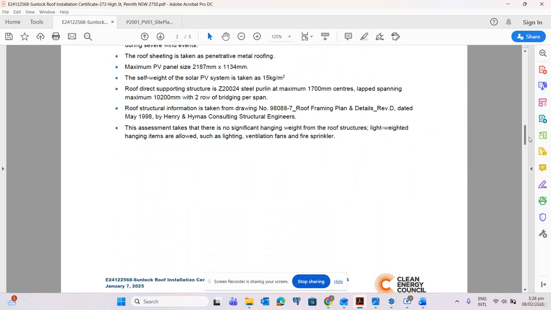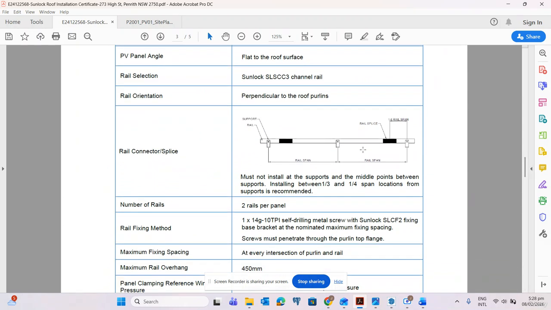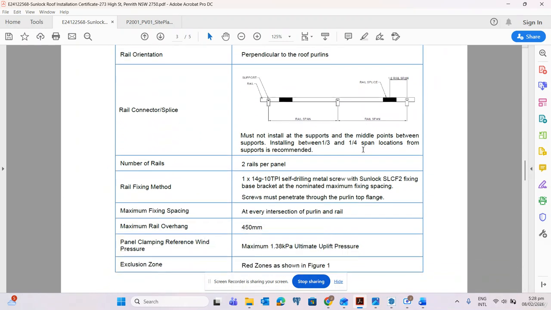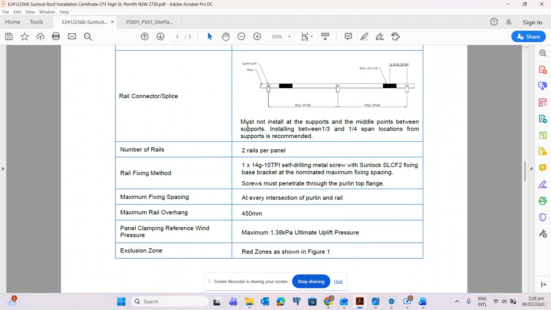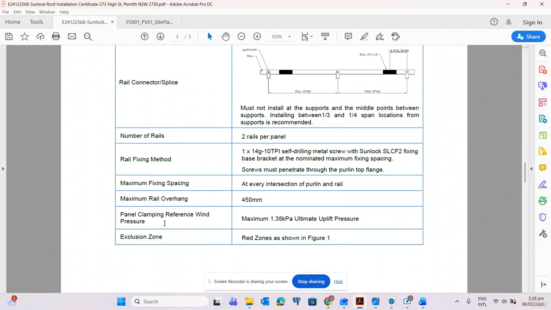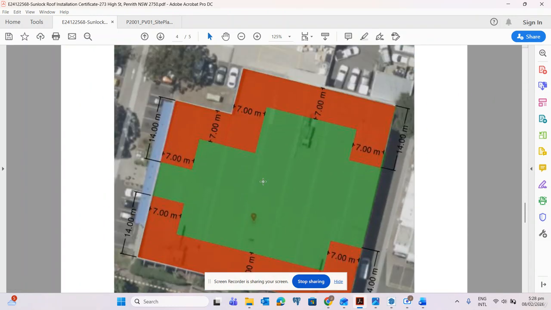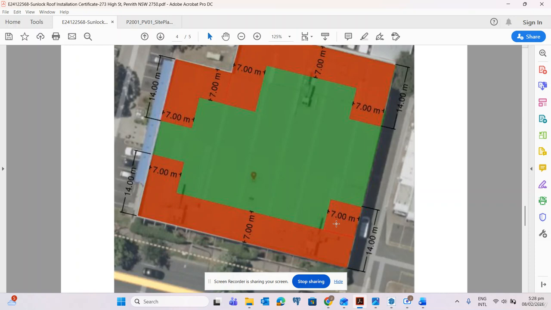So it is a complete details of the structural analysis. And then this is the details, and in the red zone, exclusion zone, we need to move the panel later, as there shall be no panel around this red zone.